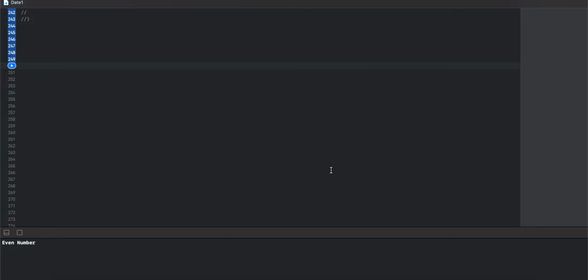Today I am going to discuss the guard statement in Swift. What is a guard statement? A guard statement